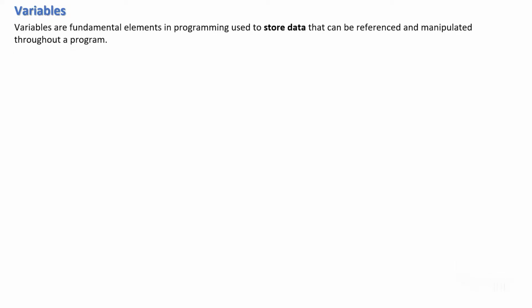Now we'll come back to the very first topic, variables. What are variables in general? What do you understand by the word variable in general? Which can change the value. Okay, on the go it can change, right? Variables are nothing but a container where data can be stored, referred to, or manipulated using your program.